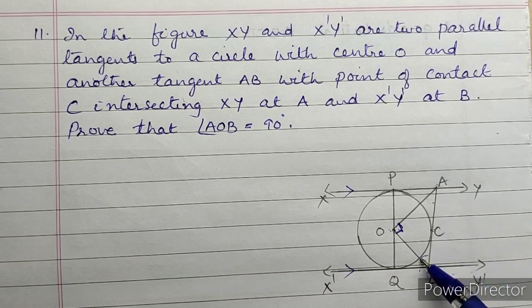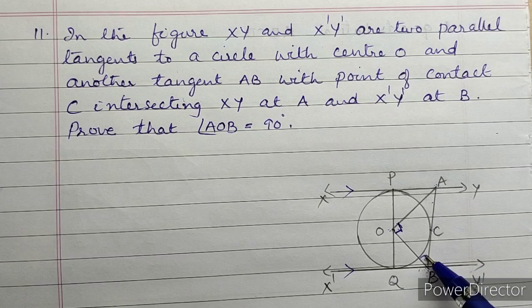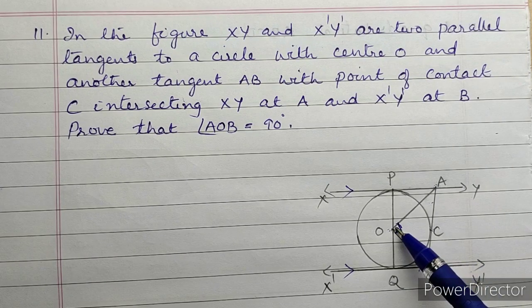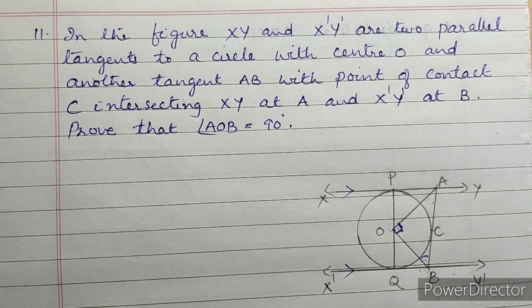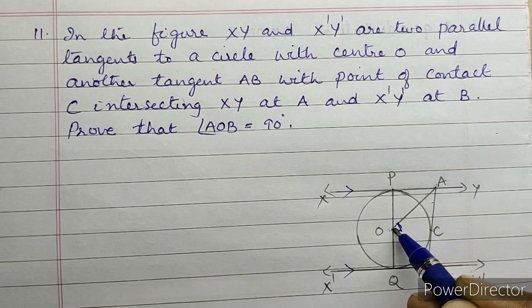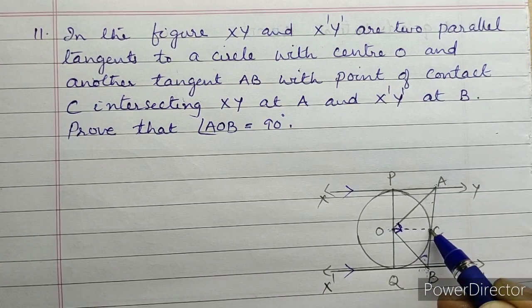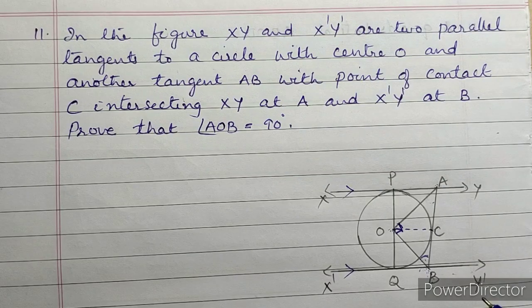You have to prove that the sum of these two angles is 90 degree. So you can prove that this is 90 degree. How will you prove that? Now you have to think about that. For that, one small construction you have to do. Join OC. So with dotted lines, if you join, you can understand that you have constructed the line.